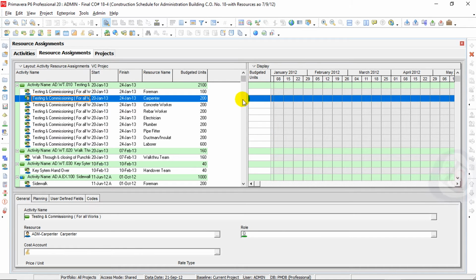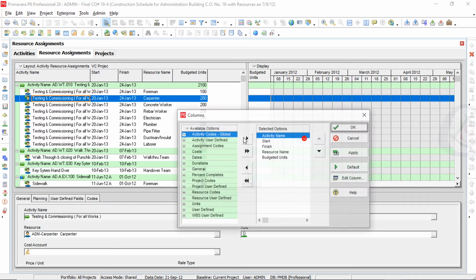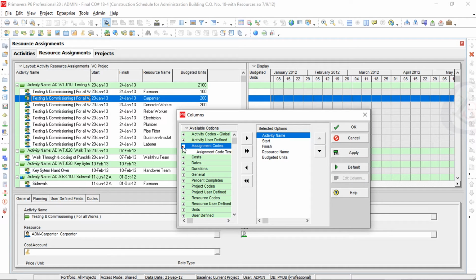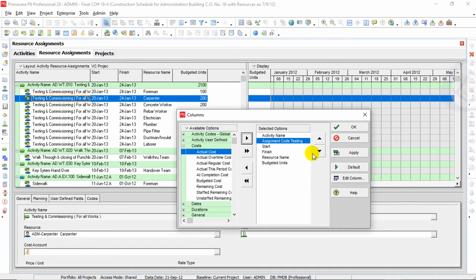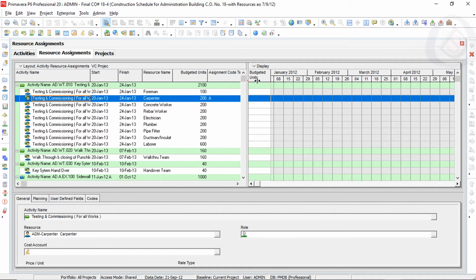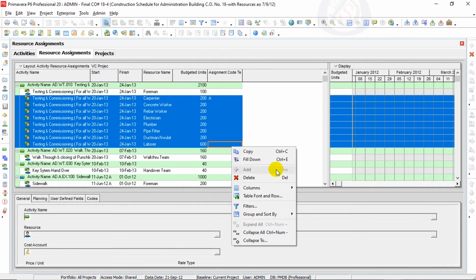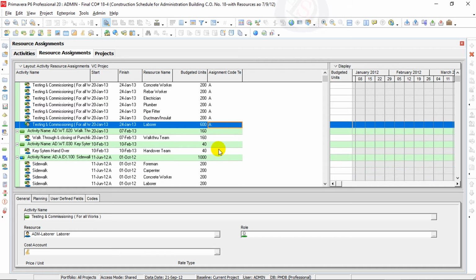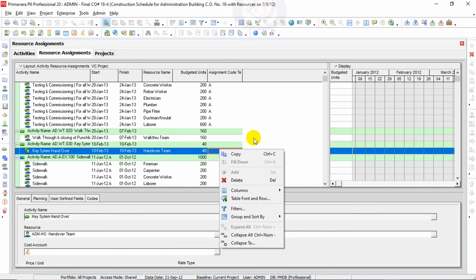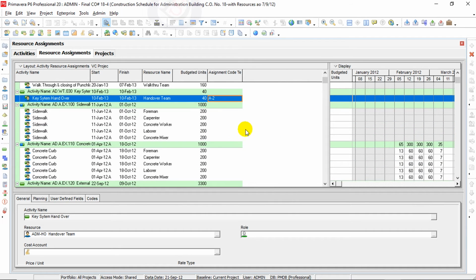For resource assignment, we'll go to columns, and in columns we can go to assignment codes, apply, OK. You can also go here and fill down, and here you can assign a code, A2, and fill down.